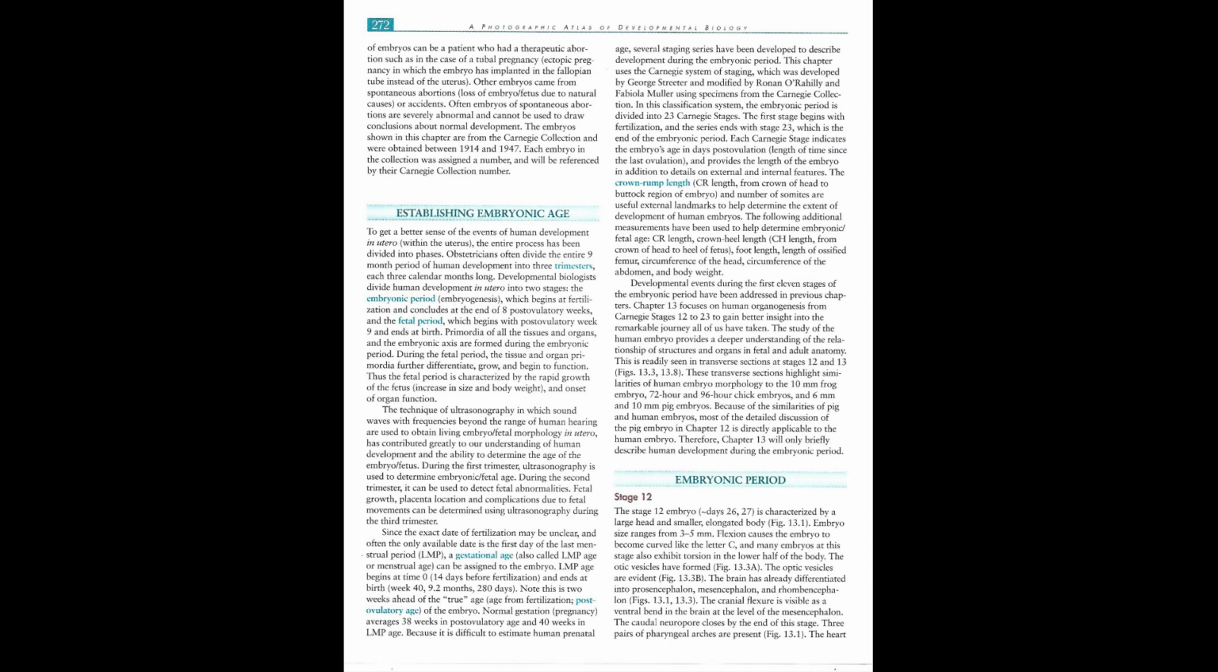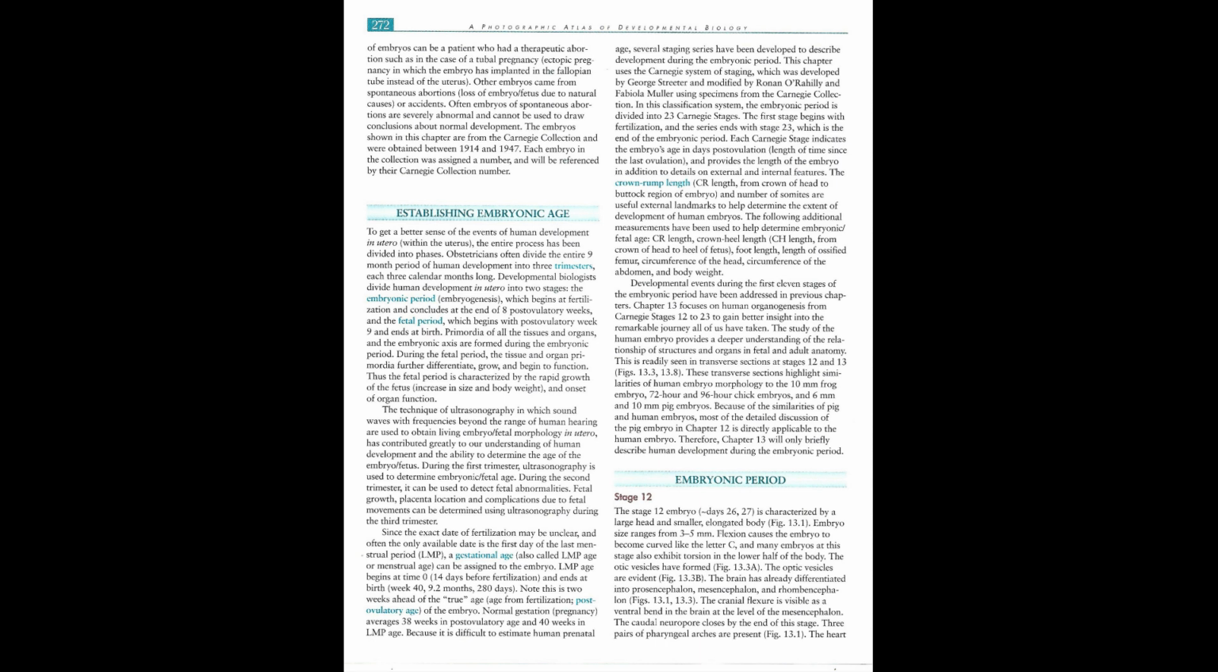several staging series have been developed to describe development during the embryonic period. This chapter uses the Carnegie system of staging, which was developed by George Streeter and modified by Ronan O'Rahilly and Fabiola Muller using specimens from the Carnegie collection. In this classification system, the embryonic period is divided into 23 Carnegie stages. The first stage begins with fertilization, and the series ends with stage 23, which is the end of the embryonic period. Each Carnegie stage indicates the embryo's age in days post-ovulation,